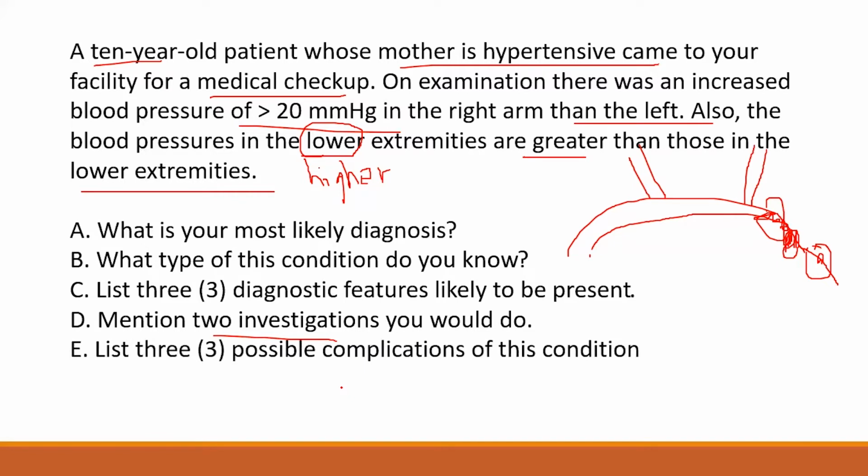3 possible complications of this condition. Possible complications are the outcomes or consequences when coarctation of aorta is not treated properly, or you don't give it much attention. What are some of the complications? 1, you can think of aortic aneurysm, hypertension, cerebral aneurysm, paralysis, cardiomyopathy,